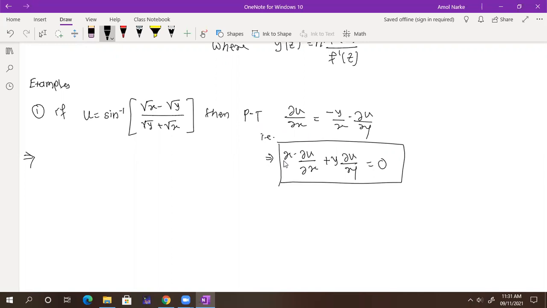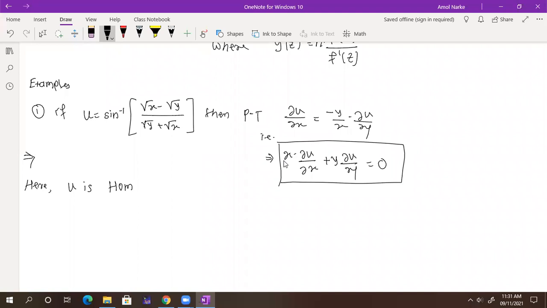Now for Euler's theorem, we need to check whether here u is homogeneous or sin u is homogeneous. Tell me, which term is homogeneous here? Sin u is homogeneous. Why is u not homogeneous? Because it is a function of sin. See whether u is homogeneous or not. Sin u is also homogeneous, no problem. So u is also homogeneous.